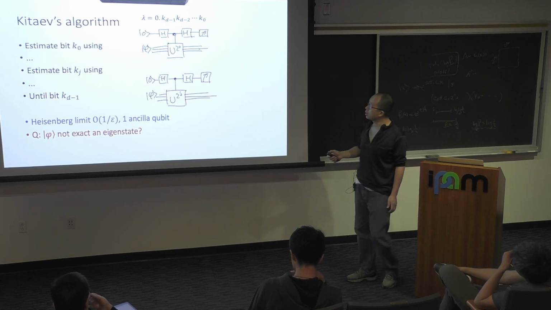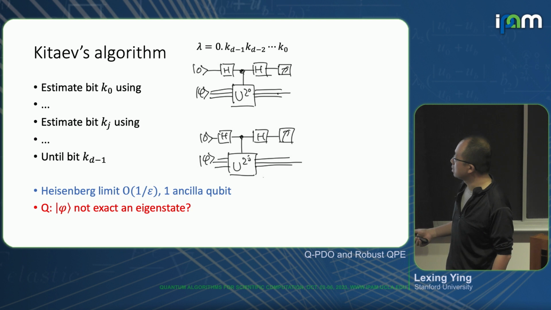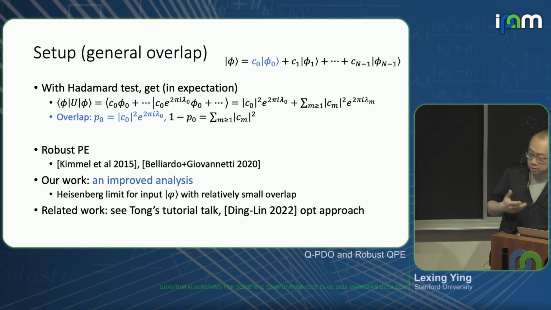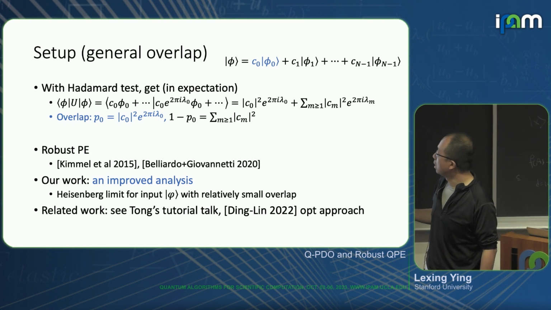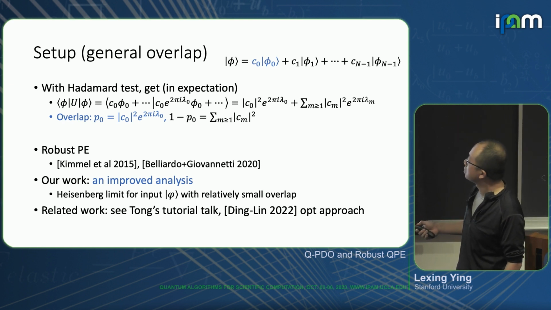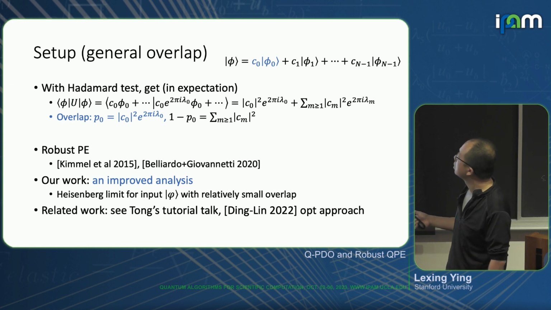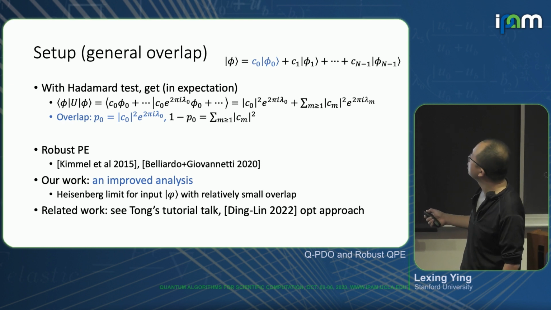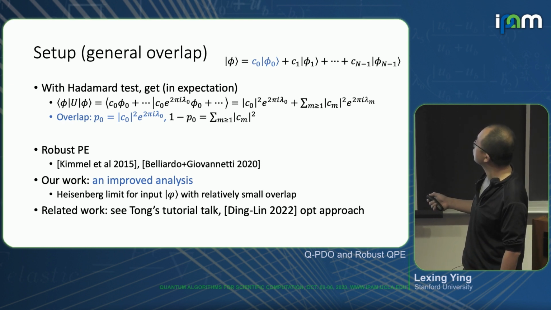Now, here we assume that phi itself is perfect, but what if phi is not an eigenstate, which has only some overlap? This is the general setup, so that you're not provided with the eigenstate with a perfect overlap. Here you only align with the eigenstate that you want to capture with an amplitude of C0, where C0 is strictly less than 1. And this expansion essentially says that you have some energy in the rest of the modes.